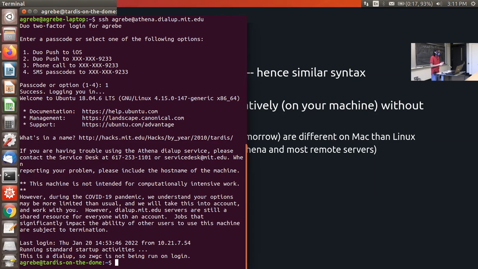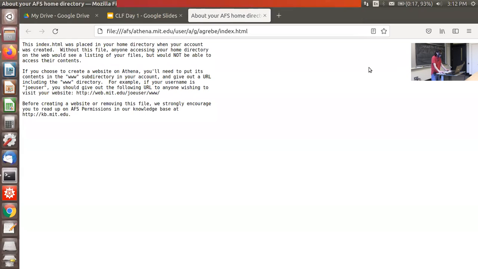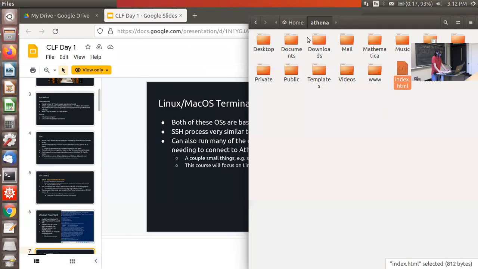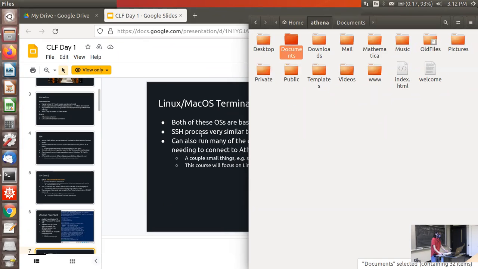And so usually you won't have any sort of graphical support, but because this is for pedagogical reasons, I'm going to pull up what this folder looks like on the remote machine, and that's going to be on the right here. So if I had access to this GUI, the graphical user interface, I could just say, open this file to see what's in it. Or I could click on this folder to enter it. And we want to know how to basically do these same commands in the terminal.